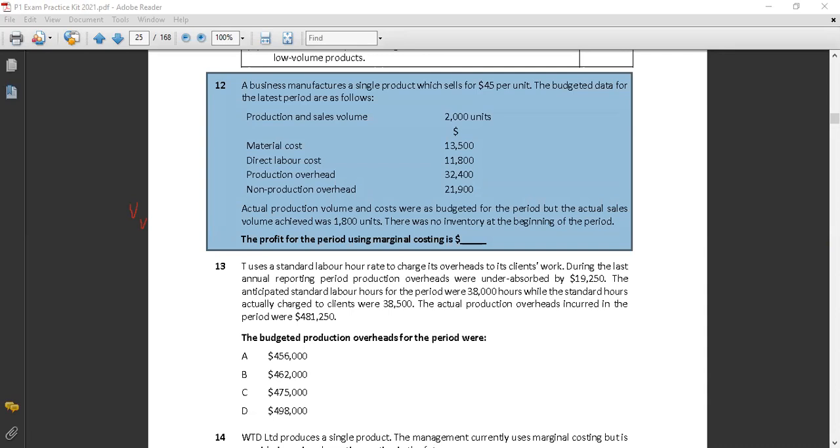So material cost and labor cost are variable costs. There is nothing mentioned about what is fixed cost. So we go ahead because their details are not given. We assume that production overhead is a fixed overhead. Okay. So let's start working out and find out what is the income, net income or net profit under variable costing. So let's start with